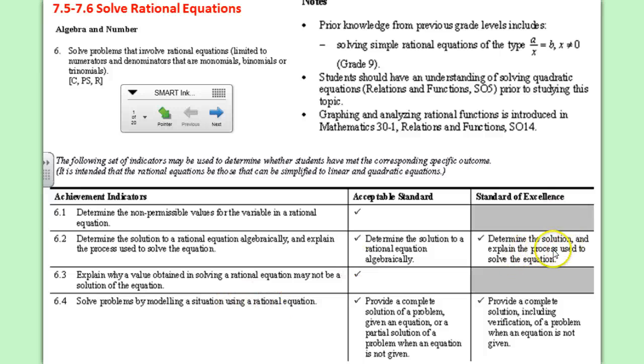Explaining the process used is tricky, and that's where we get into the standard of excellence. If you can do that, you really know your business, right? So, carrying on,